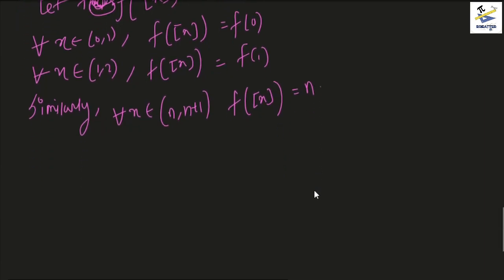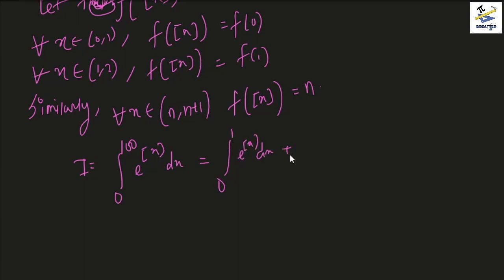So using this fact we can write I equals integral from 0 to 100 of e to the power box x dx, equals, now we can divide these intervals into a lot of terms like 0 to 1 e to the power box x dx plus 1 to 2 e to the power box x dx,